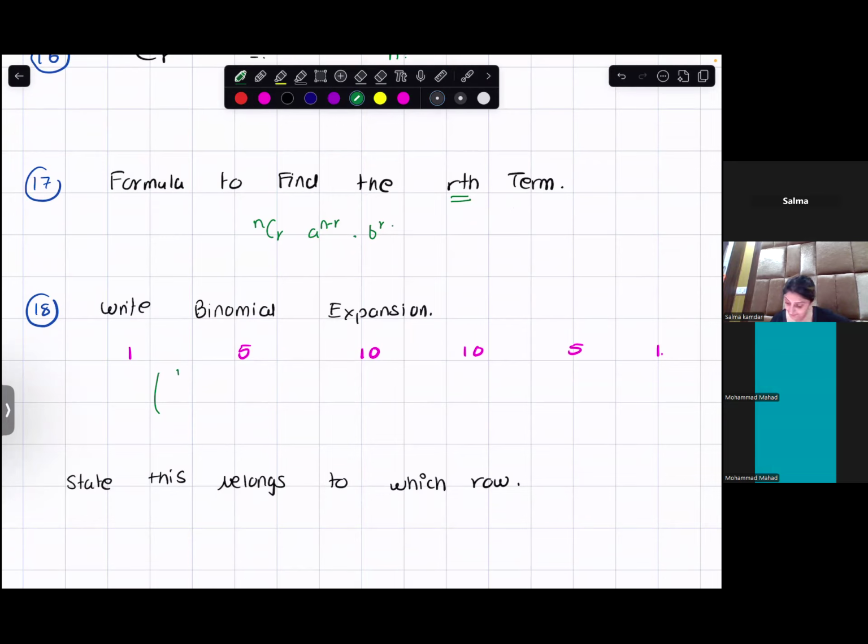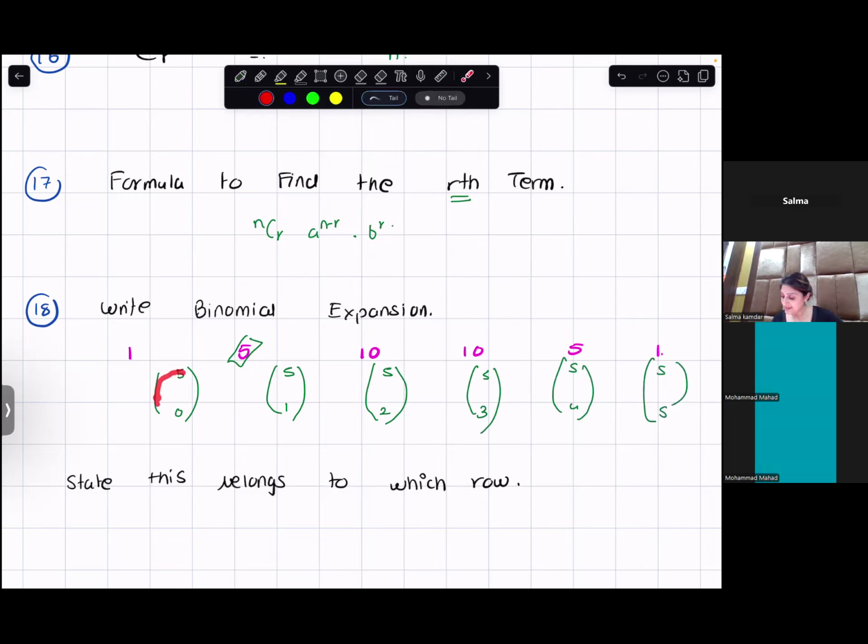This is 5C0, the first term. The second term tells me the diagonal, that means it tells me the row. So this is in the row 5. So 5C0, 5C1, 5C2, 5C3, 5C4, 5C5. So this tells me that 5C0 and 5C5